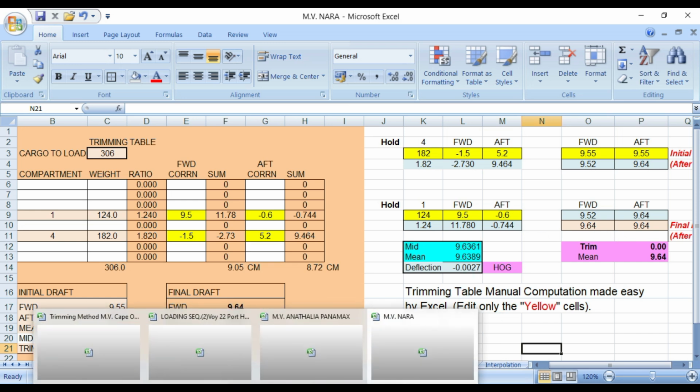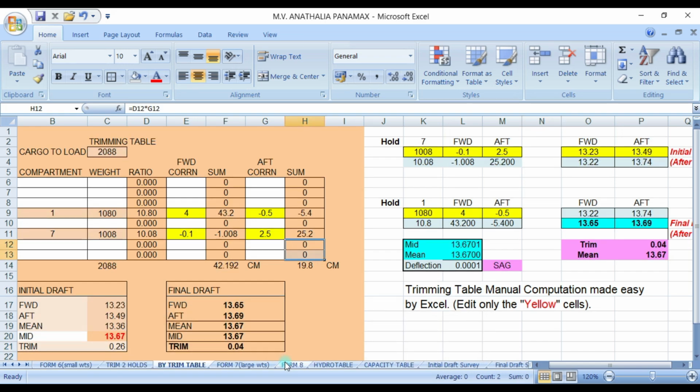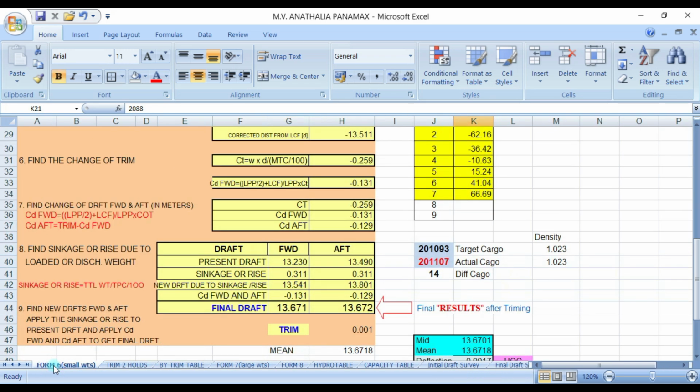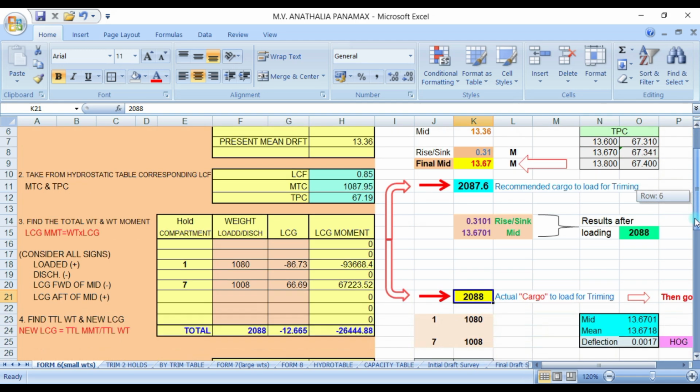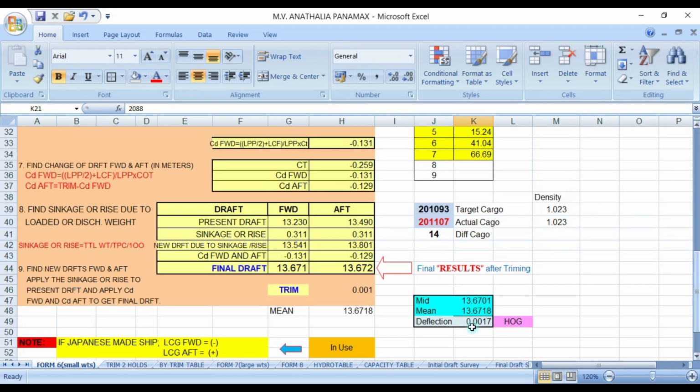Unlike also here in the Panamax vessel, it is the same. Just input here your initial drop, put here the actual drop. This is your final departure drop, and input the amount of cargo. Then you will get the results here.